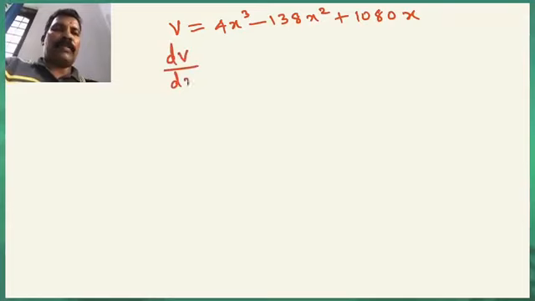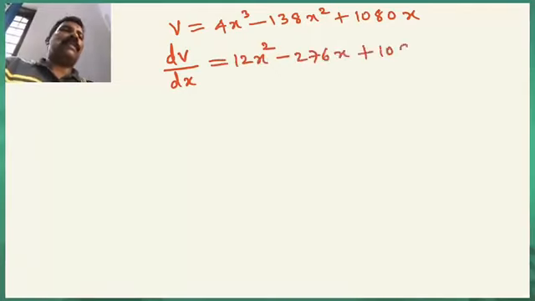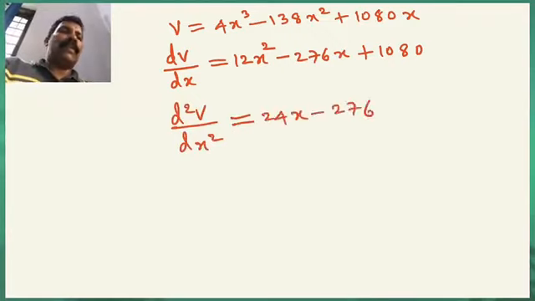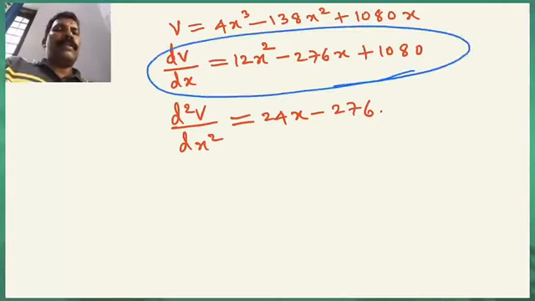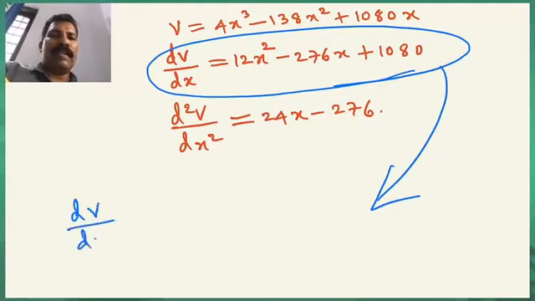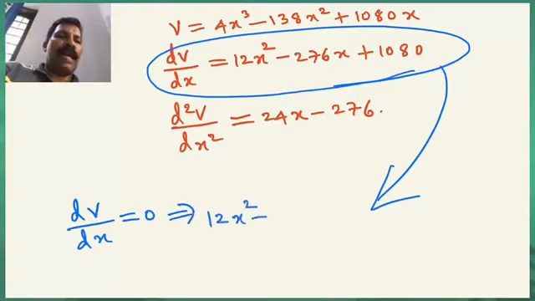We have to find the first derivative with respect to x, so that is equal to 12x squared minus 276x plus 1080. And we have to find the second derivative also, that is d squared V by dx squared, which is equal to 24x minus 276. And for finding the critical point, that is the point of maximum or minimum, we have to equate the first derivative to 0. That is, we have to solve dV by dx equal to 0,